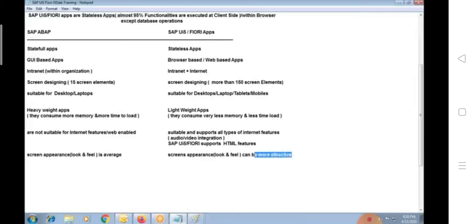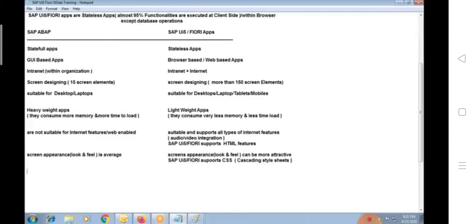The screens can be developed to whichever extent we want, providing more attractive and user interactivity features, because SAP UI5 Fiori supports CSS, that is cascading style sheets. Let me just write it, cascading style sheet. Because of CSS, we can develop our screens with more attractive features.